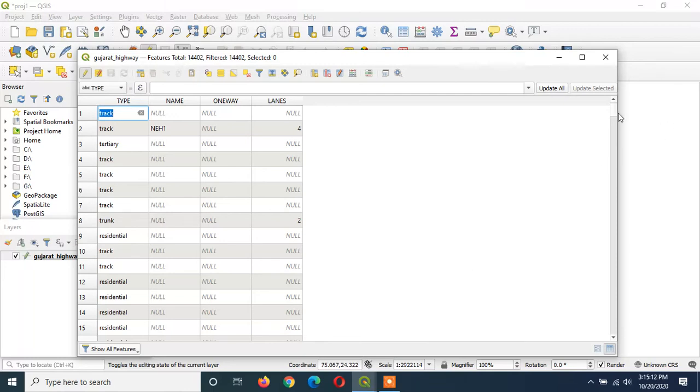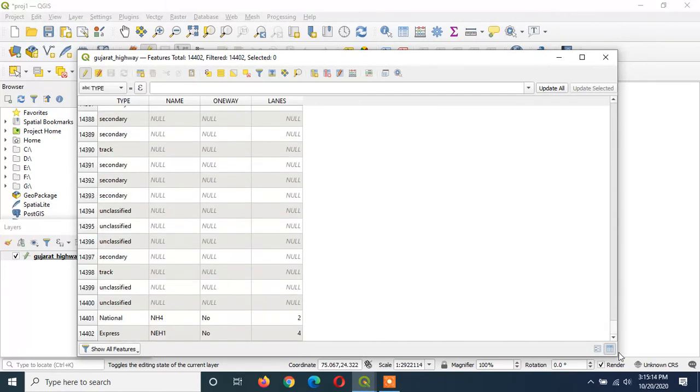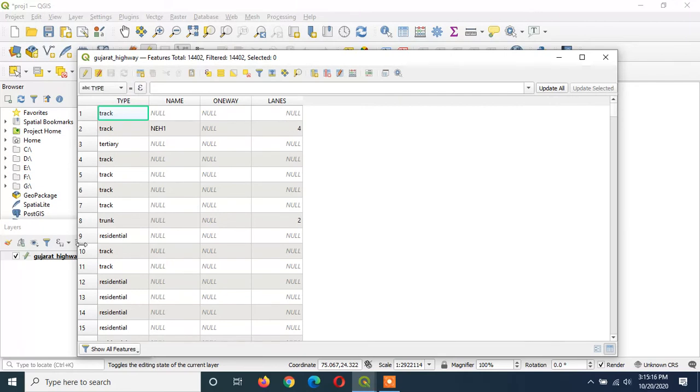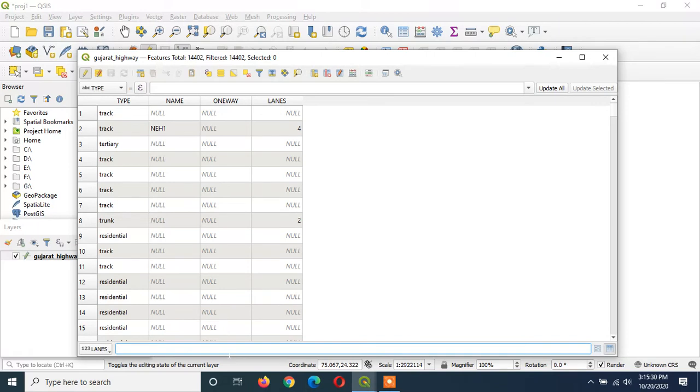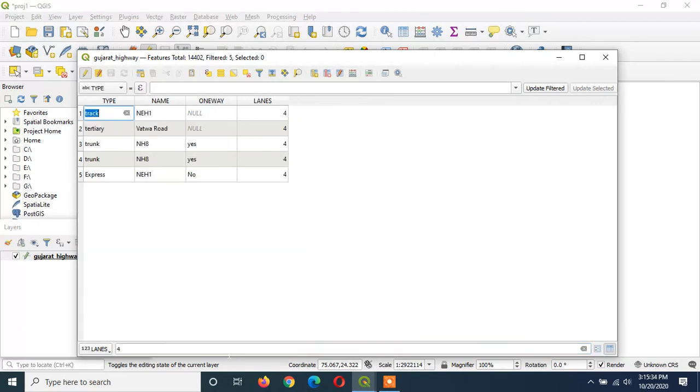Now there are many records in this table. So you can search any record by clicking here on field filter. I want to search this on number of lanes because most of the values in number of lanes are null. So it will be easily available when you write number of lanes.